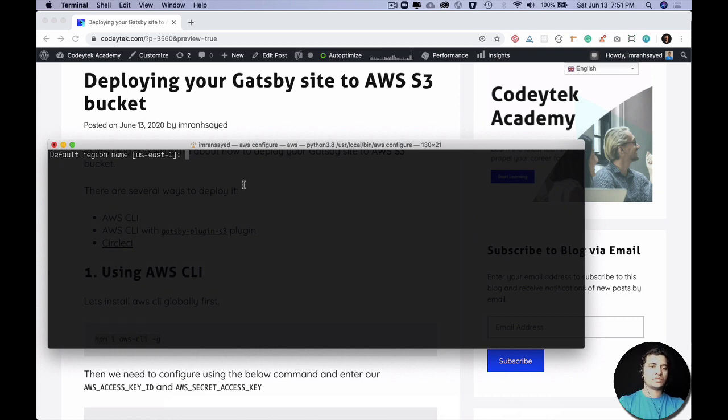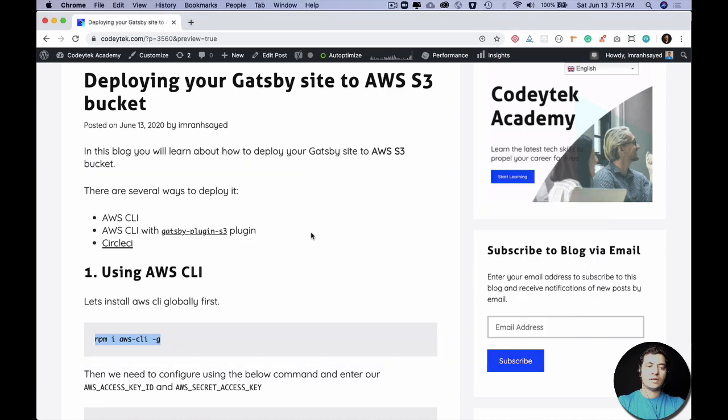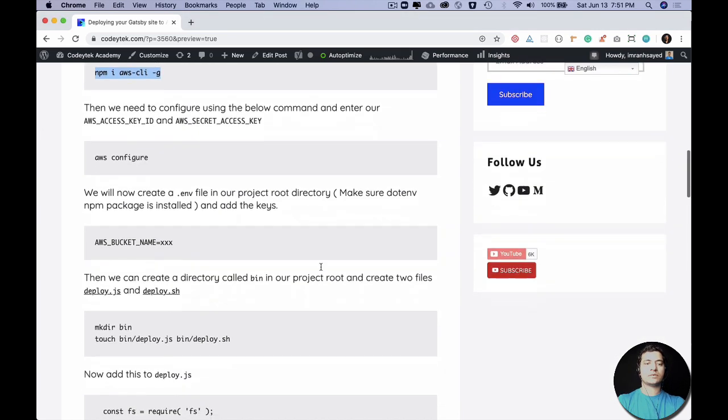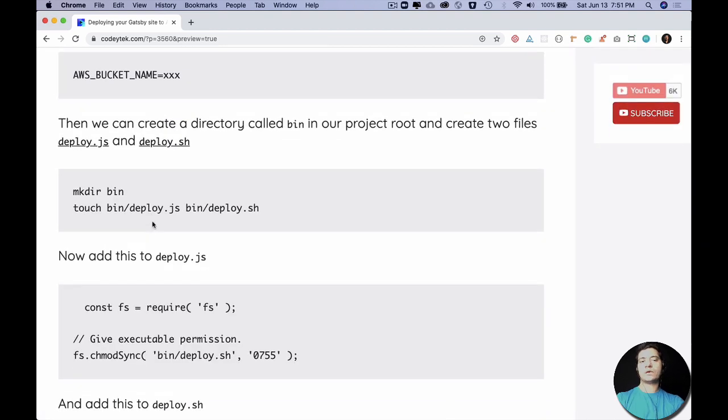You can give the region name. In my case, it's us-east-1. Then whatever format, so we can keep it as default. And there you go. So you've actually configured AWS. The next thing you want to do is, after configuring it, you can create